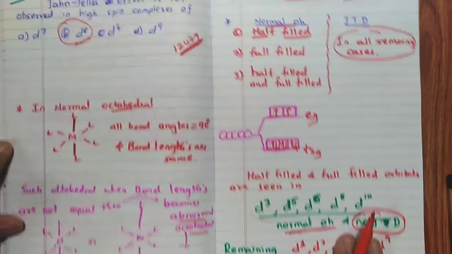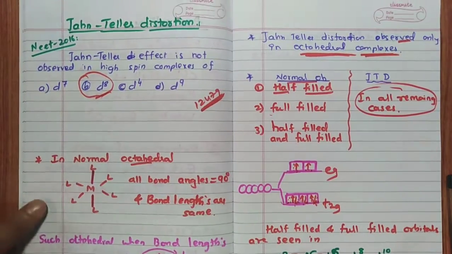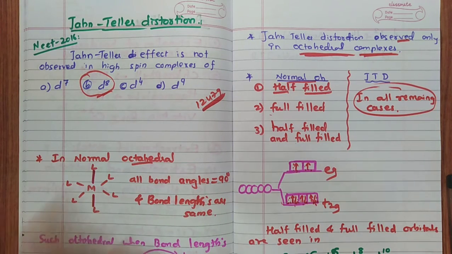This is about Jahn-Teller distortion. I have explained it in very simple language. Understand that. It is very important for JEE, NEET, CET students. Don't worry about this distortion. So this is about coordination compounds, lecture number 2. In the next video I am going to discuss in detail the CET, KCET 2014 to 2018 questions.